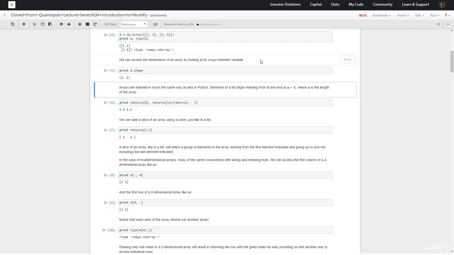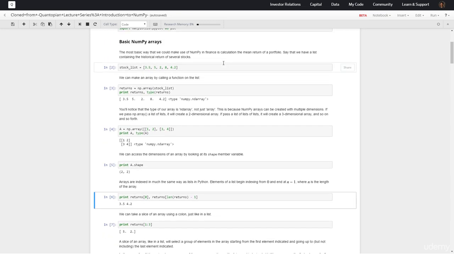Arrays are indexed in much the same way as lists in Python. Elements of a list begin indexing from 0 and end at n-1, where n is the length of the array. Now if we print returns[0], so we're indexing the first one, and returns[length-1], which is the last one. If we scroll up here, this is the returns. Basically 0 here is pointing to the first one. Length, which is n, minus 1 really points to 4.2,